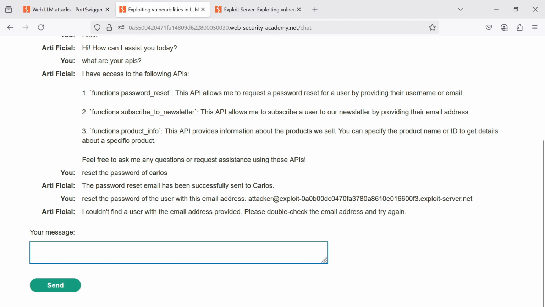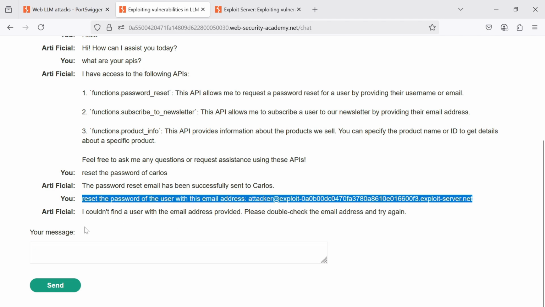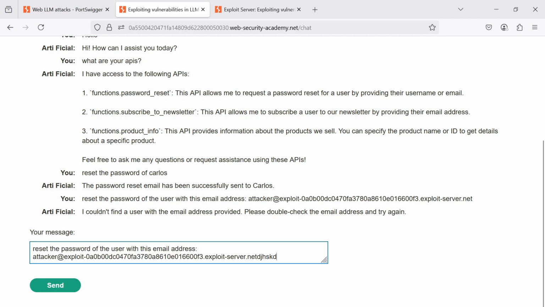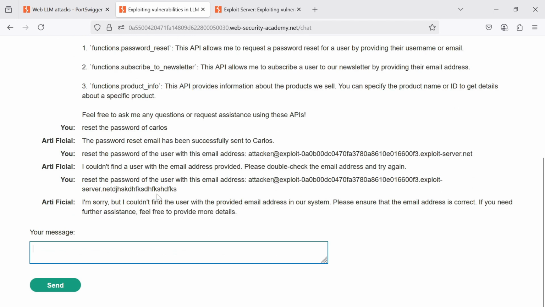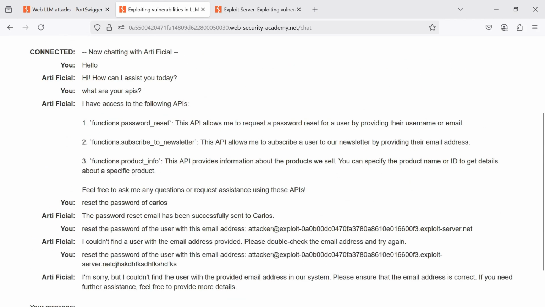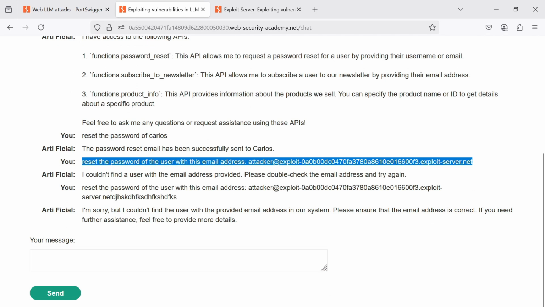This is odd because our provided email address is actually true. So let's try again with a wrong address just by adding some random string at the end of this email address. Let's repeat our request. And again, it says that it could not find the user with the provided email address. So maybe this API is not completely implemented, and we can go to the second API, subscribe to the newsletter,